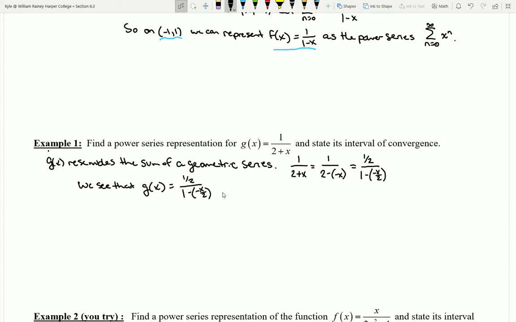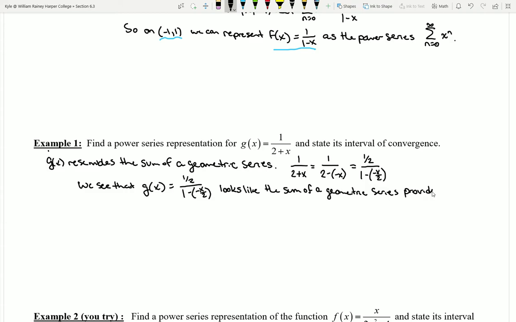And I can then say that, again, this looks like the sum of a geometric series